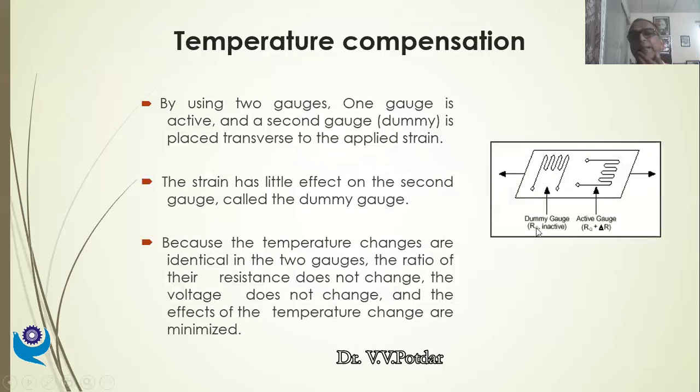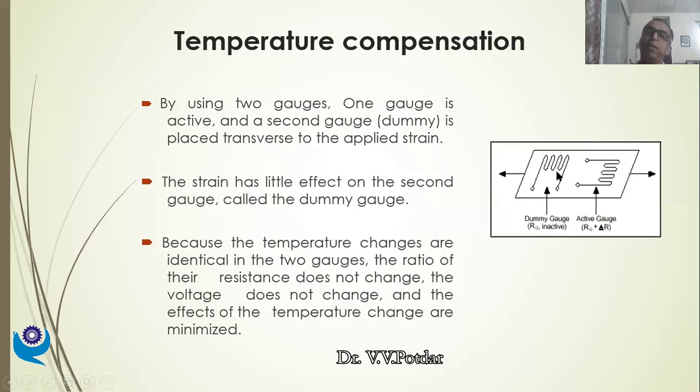So that is another method that I was talking about: this is the dummy gauge, right? This is mounted laterally along with my active gauge. Normally, if I have a uniaxial strain system, there will not be any lateral strain, or there will be minimum lateral strain. So this active strain gauge will be subjected to elongation, whereas this dummy strain gauge, as there is no lateral strain, will not be subjected to any strain, but it will be subjected to the same environmental effect as the active gauge. The active gauge is subjected to both strain effects and temperature effects, whereas the dummy gauge is subjected only to temperature effects.